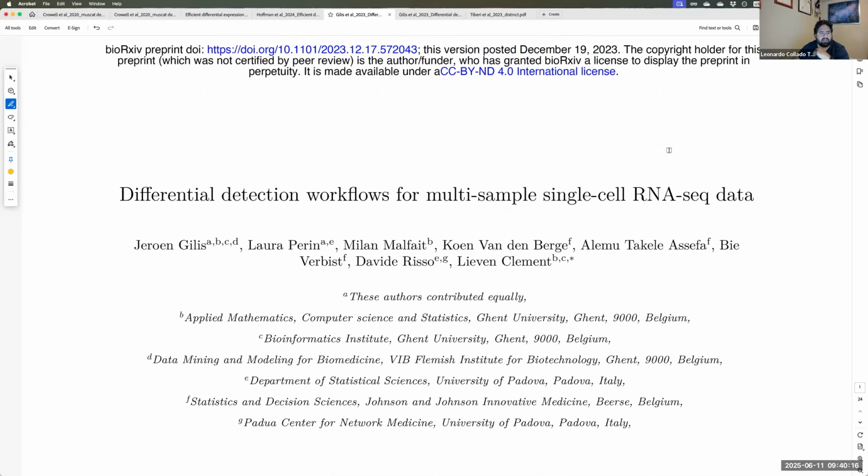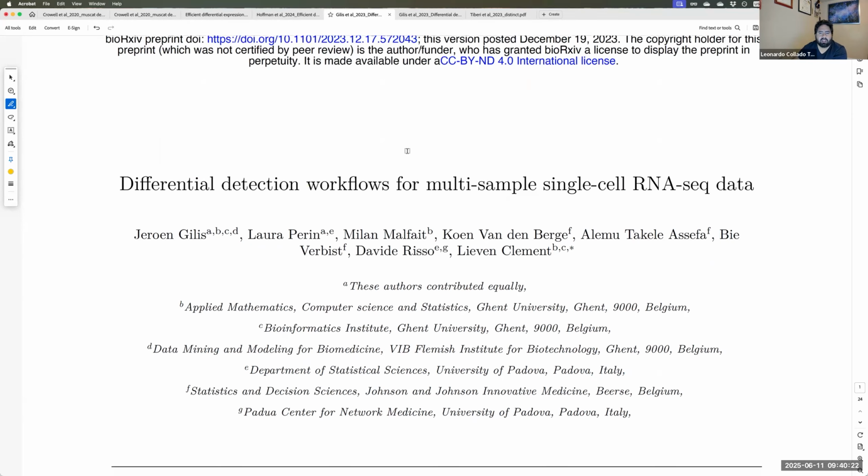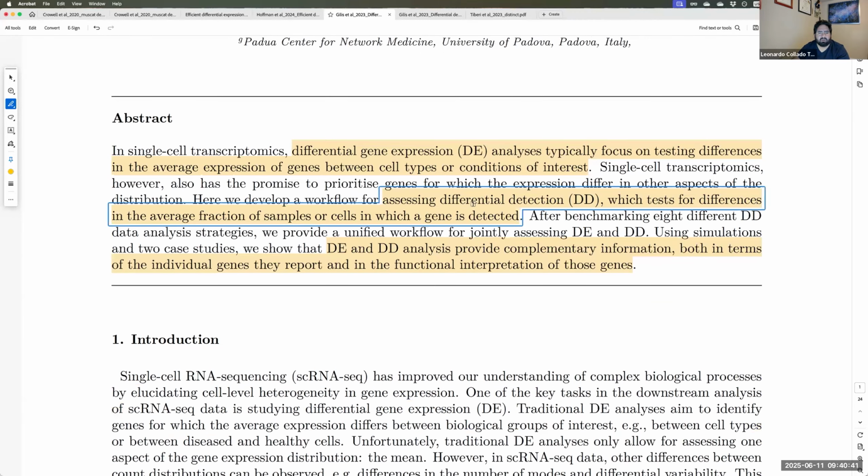Now, another preprint, also from 2023. This one is from December 2023, with some authors that I know, for example, David Ariso. He has been in the bioconductor world for quite a long time. And Jerome Gillis has also been quite active in the bioconductor world. So in this preprint, they say,